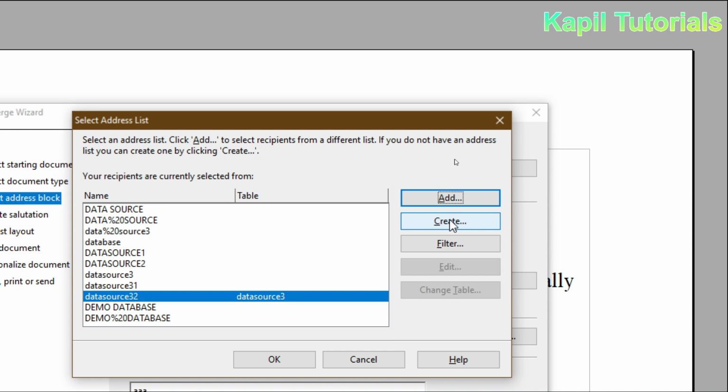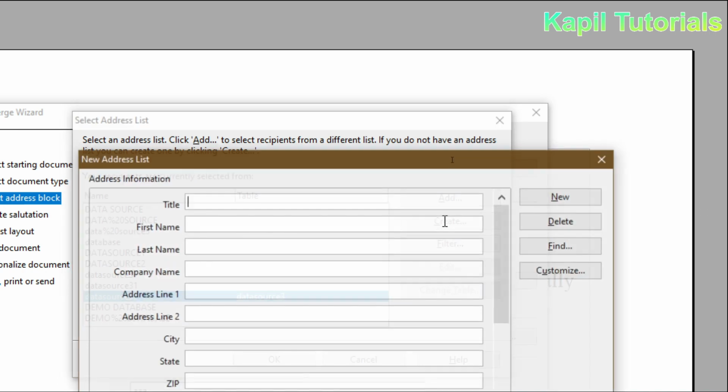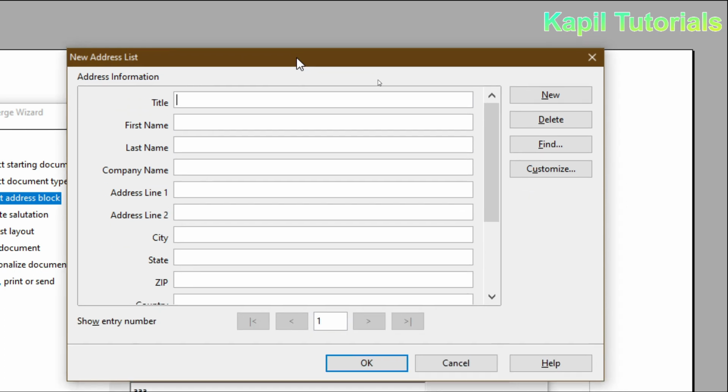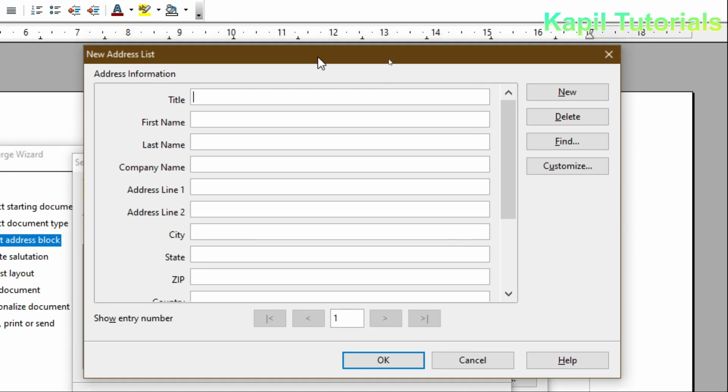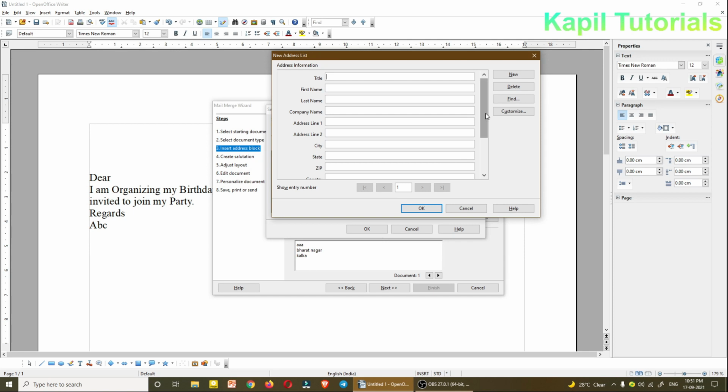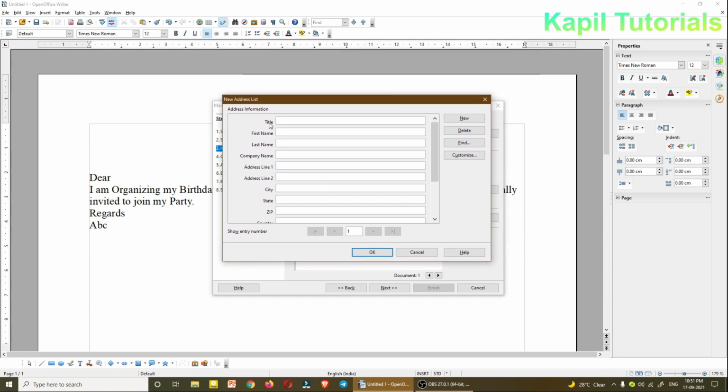That means the data source. So I'll click upon create, and as a result you will see this kind of dialog box in front. And here you will find different name titles, like title, first name, last name, company name.